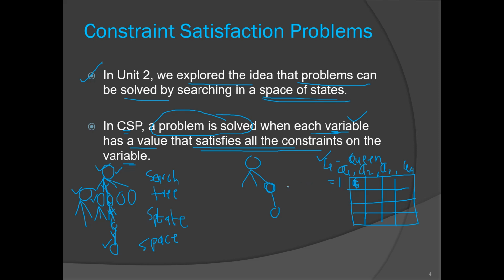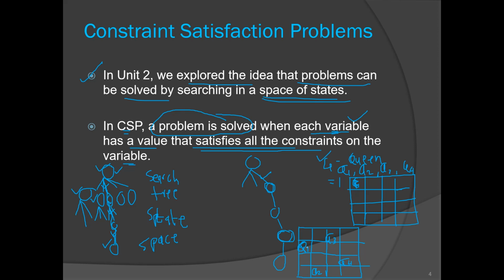When we are solving this 4 queen problem by CSP, we will reach one of the nodes where we may get a configuration like this. During each step we will be assigning a value to one variable, and after 4 steps we may reach this configuration. So q1 is placed here, q2 is placed here, q3 is placed here, and q4 is placed here. As you can see, no two queens are attacking each other.